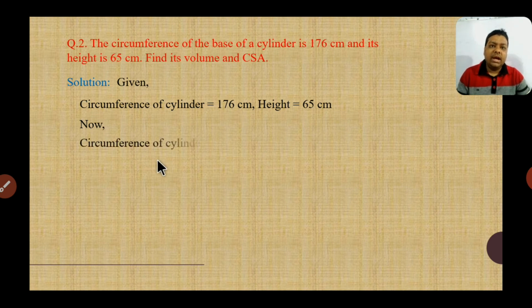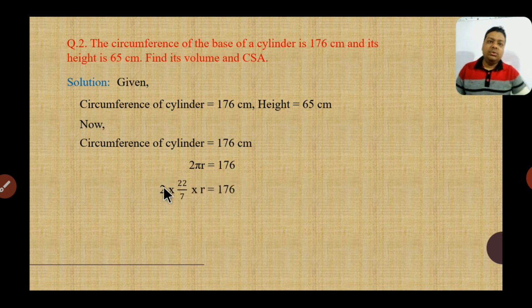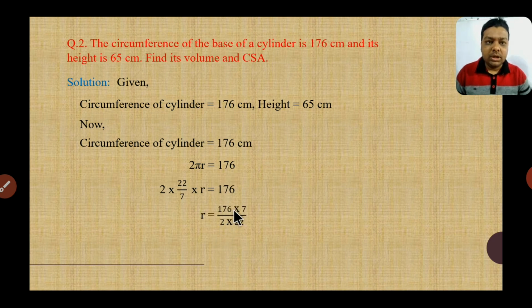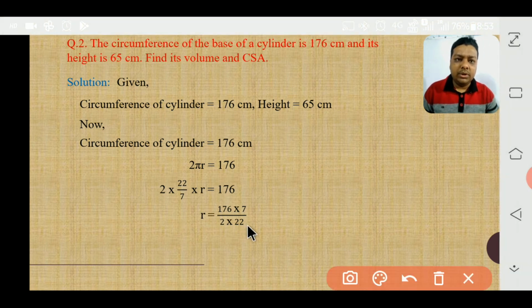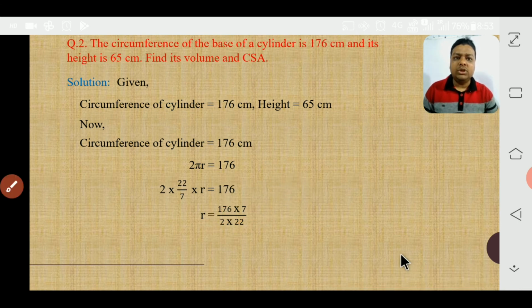Now, at first circumference of cylinder 176. Then we know the formula, circumference 2 pi r is equal to 176. So 2 into 22 by 7 into r is equal to 176. We will take these numbers to this side. So it will be r equals to 176 into 7 by 2 into 22. 22 8 times, 2 4 times, then 4 sevens are 28. It will be the radius of the